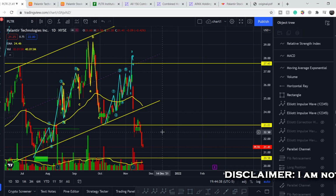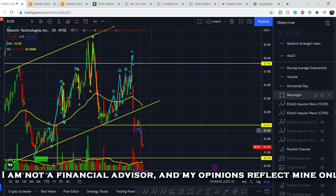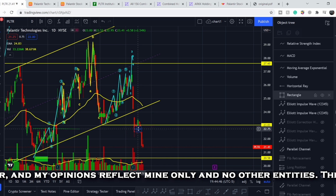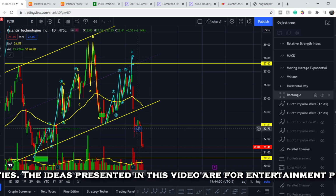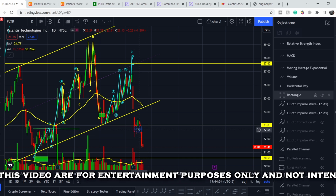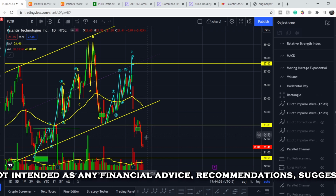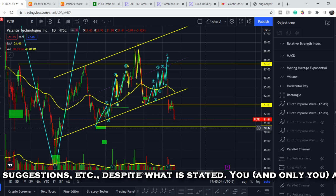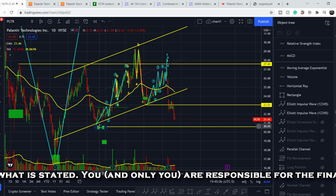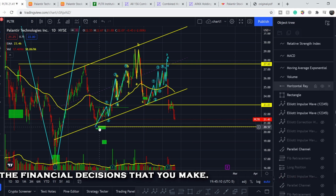So let's start with the price chart. I made my previous video right here at this very point where we had this price section around $22.75 and I told you that it might be your next accumulation point because from this point we had a decent possibility to move higher, but instead of this we had this sell-off. And I told you that we have very good possibilities to hit even our lower target, and it is this support line at the price point of